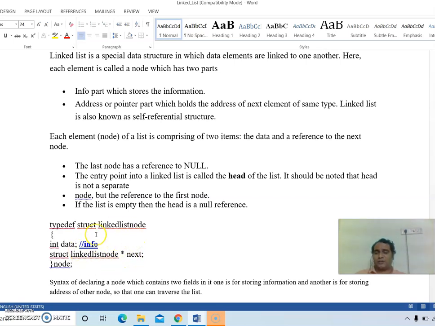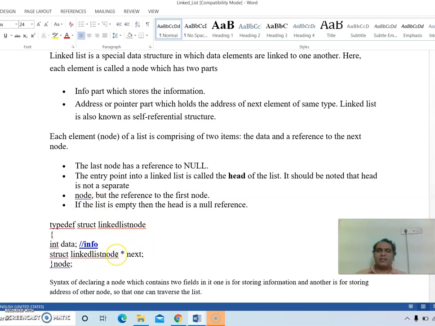A structure definition within which I am saying it is pointing to type of itself. See, understand this very important concept here. I have still not completed the definition of the node. Simply I am calling it linked list node. I am still defining it. While defining it itself, I am saying this will have a pointer which will point to type of its own, because every node has a similar node structure. So, while defining itself, I am telling that it is going to point to something which is like itself. It's a bit like a recursive definition.